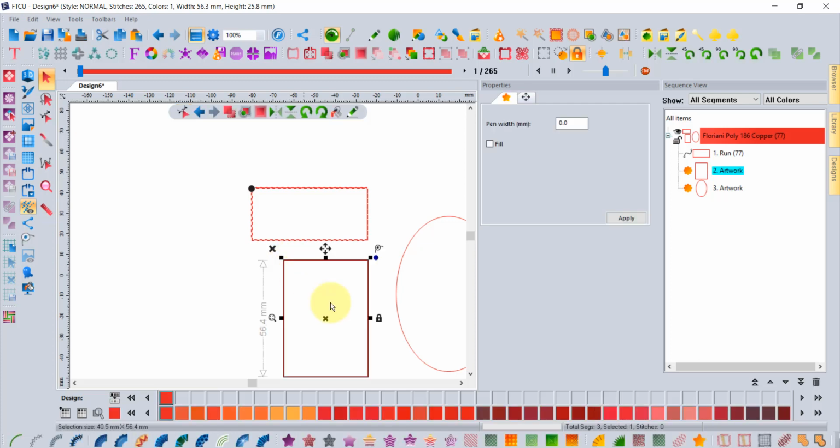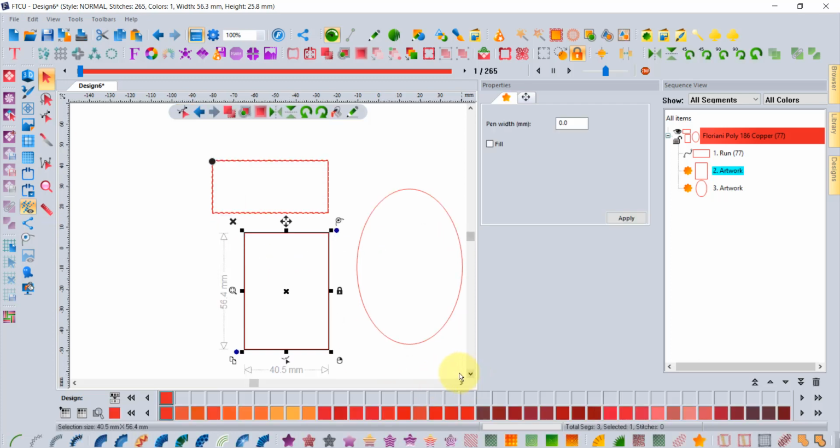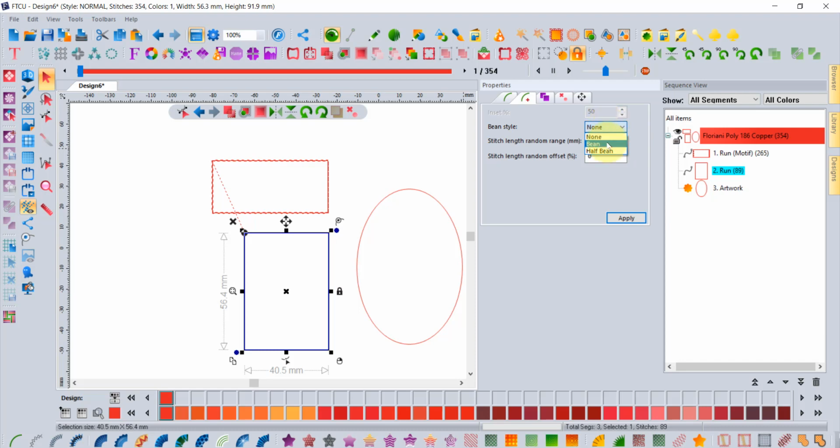But let's just say that you had a favorite of your own. Maybe you really like the bean stitch, and so when you convert this into a run stitch, then you need to use the properties box to come over to the run extra tab and change it to be a bean stitch. And maybe you really like a 5-ply bean stitch, and you really like your 5-ply bean stitch to be a little bit longer than the normal length of 2.5, and so you're making yours 3.5. And so I can click apply, and I've created my own